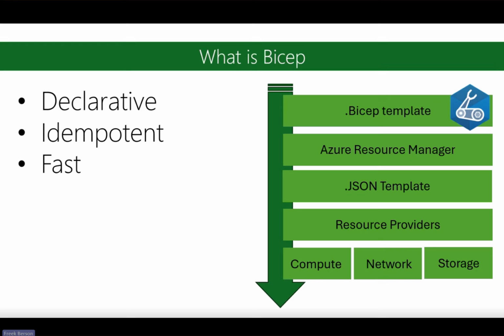And it's also idempotent, meaning you can take the same Bicep template, deploy it into the same scope, and the result will always be the same. So there's idempotency there. And it's also fast. So you basically throw your Bicep file into the ARM engine, and if resources depend on each other, automatic depends on sections will be created. And if not, resources will be created in parallel to speed up that deployment as well.